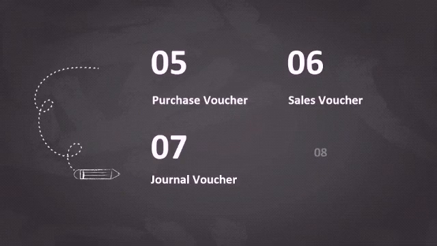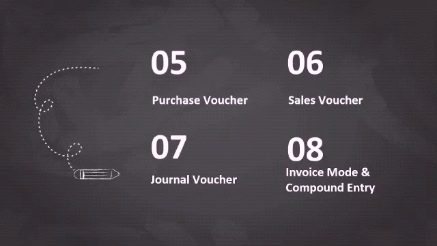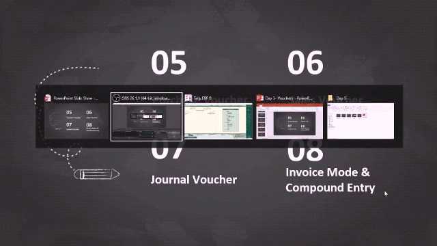Our next topic is invoice mode and compound entry. Sales or purchase entries can be prepared by using invoice mode. Invoice mode is for two purposes: to print sales or purchase vouchers as invoice or bill, and to automate the sales tax calculations. If it is in voucher mode, we have to calculate the taxes and input in the amount field. To enable the invoice mode, we have to press F11 and set yes to the corresponding field. Let us look at that.